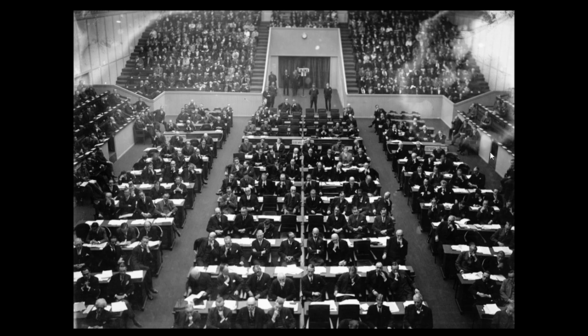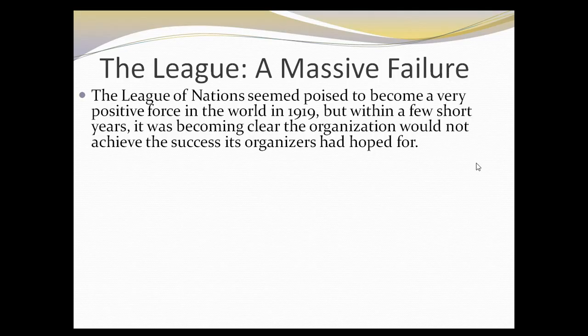All the different countries there were there, and they would meet. It looked like the League of Nations would be a useful thing. In fact, many people thought that it would exist for many years and grow to become an important stabilizing force in the world. Unfortunately, while there were a lot of good intentions in 1919 when it formed, within a few short years it was pretty clear that the organization was not working. By the time World War II started, it was really clear that the League of Nations had been a complete failure that had not met its mandate.